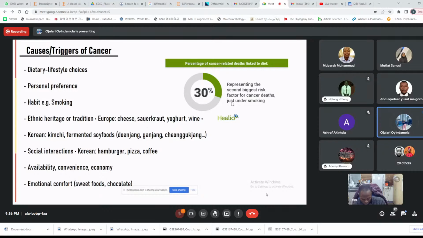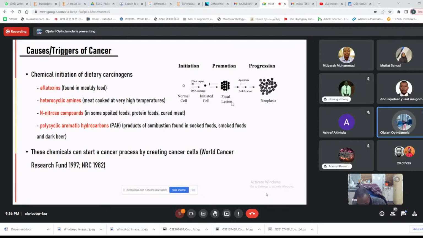So for now, I would like us to know again that food is not just the direct consumption of the food. How are these foods being made? Do we know? Which brings us back to the chemical initiation of dietary carcinogens. For example, I bought bread last week, but I couldn't finish it, so I kept it not in a safe condition. The bread begins to grow mold, and I feel like, oh, I'm just going to cut out this part,